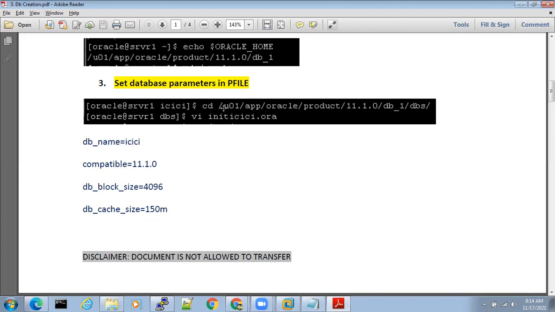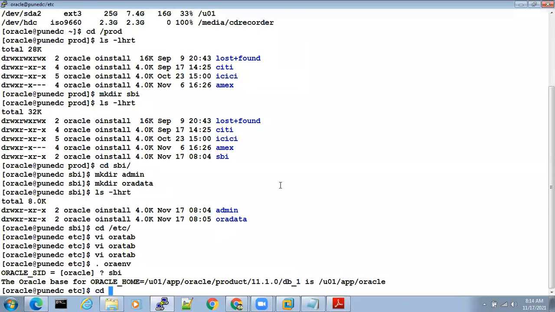Now the database parameter file. Go to this location, Oracle home dbs. This is my Oracle home: cd /u01/app/oracle/product/11.1.0/db_1.